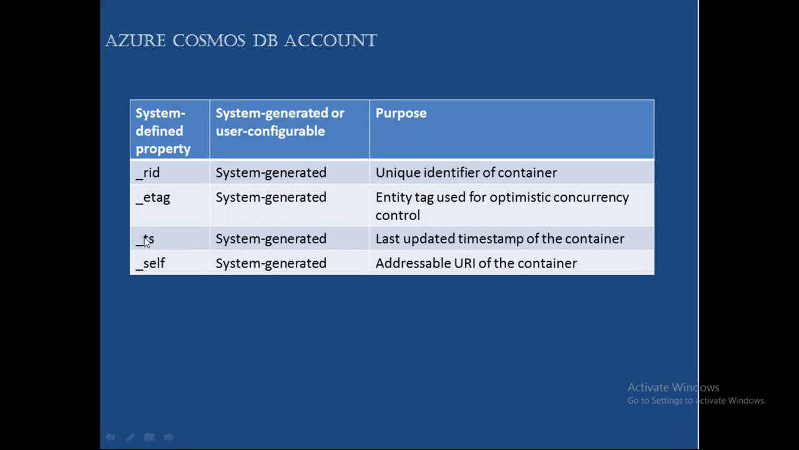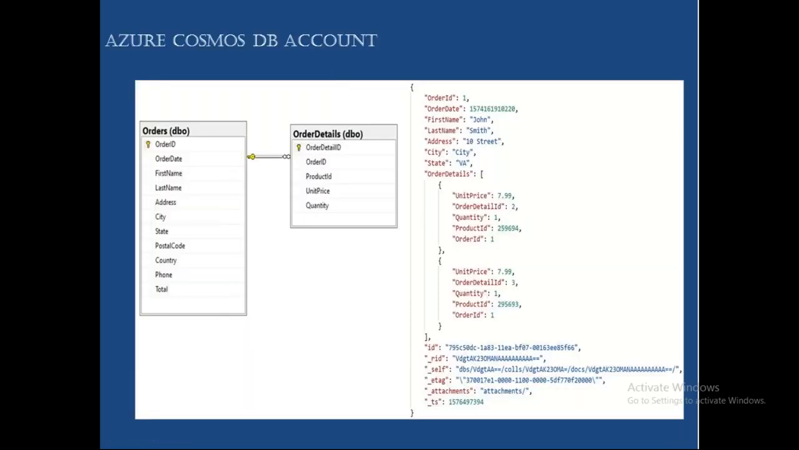Next, _ts, the timestamp. It is the last updated timestamp of the container. So when this container has been updated, the timestamp will be there, something like this. It will be there in seconds. Okay,